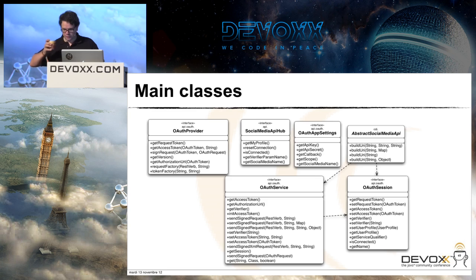Here are the main classes. I forgot about this slide. So I talked about host provider, host service, social media API hub. The host app settings contains the configuration of the host application you have to use to use the module. So it's here that you put the key of the application you defined on Facebook or Twitter. And that's all. The abstract social media API is the base class that will be used for each family of API